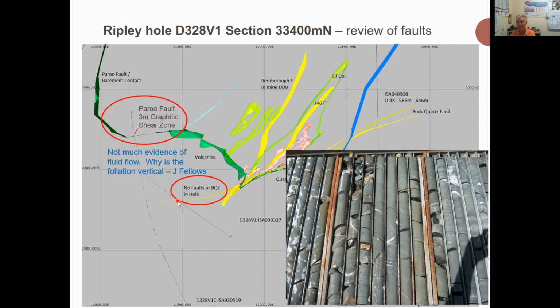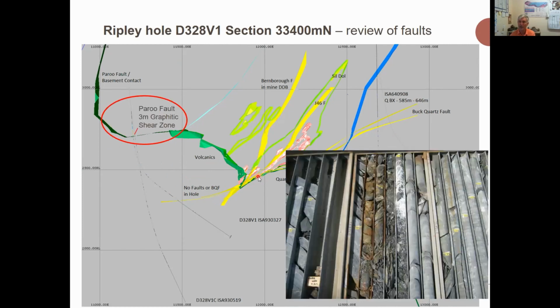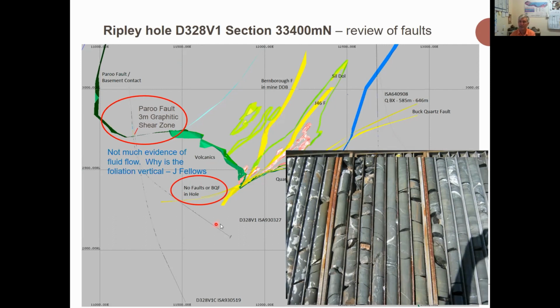The core trays had been stored in the car park and got flooded a few years before, so had been covered in mud. You can still see a few brown trails there. So as we were hosing this off, we were sort of surprised not to come across a major fault, because the buck quartz fault at the eastern end is 60 metres thick, and down here under the ore body is about 10 metres thick at least. And so to not have an expression of it in this hole was a little bit surprising,